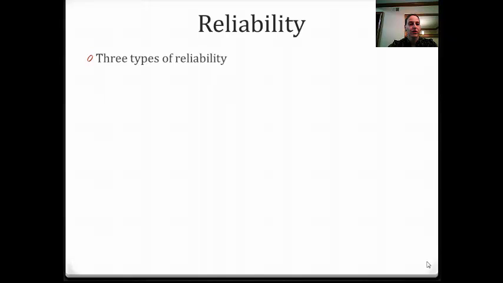The first thing we're going to go over is internal reliability. But before we do, I want you to think about the concept of reliability, which recognizes that no test is free from error, right? And that these errors result in misrepresenting students' knowledge and ability. So reliability refers to, again, the consistency with which the test measures whatever it's supposed to be measuring. So think of reliability as consistency. And again, there are three ways that the test can be consistent.